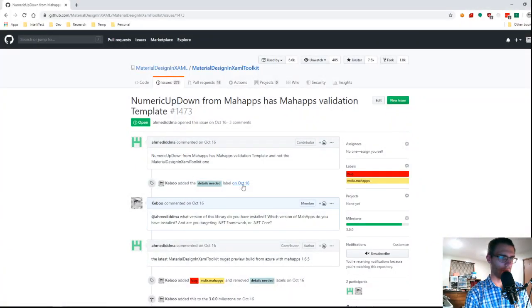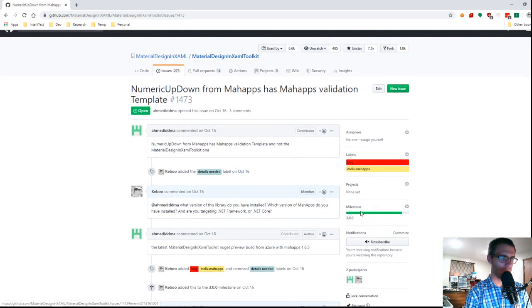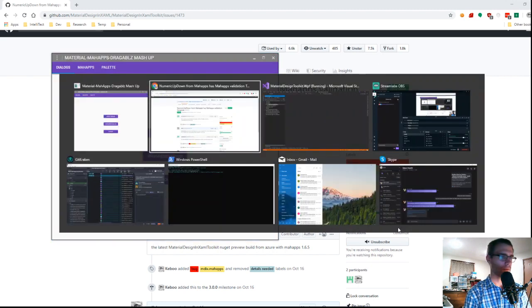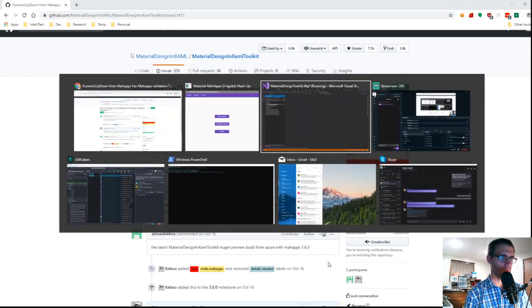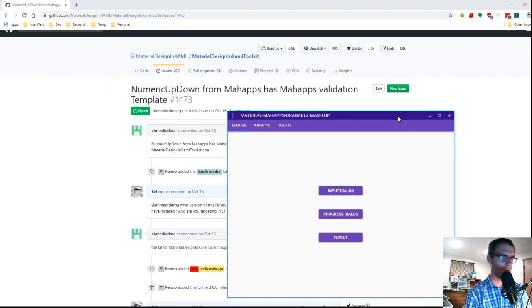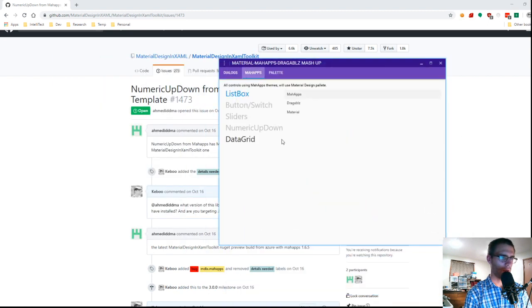Okay, so let's see here. Because again, this 3.0, it's so close. The bar is almost all the way across. Almost all the way there. Let's see here. So we are looking for numeric up, down. It's that guy here, numeric up, down. Let's see. I think I have to do a binding validation rule.